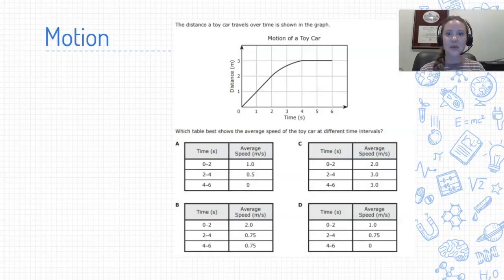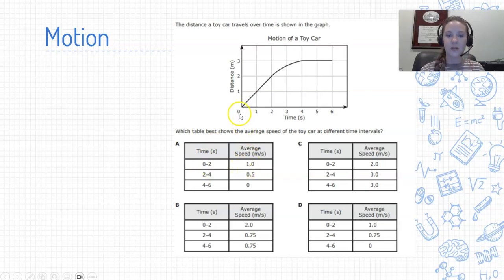Okay, so here we are looking at a distance time graph. This is a STAAR release question about a distance time graph, and it's asking us which table shows the best average speed of the toy car at different time intervals. Okay, different time intervals. So I know from 0 to 2, answer choice A says we traveled at about 1